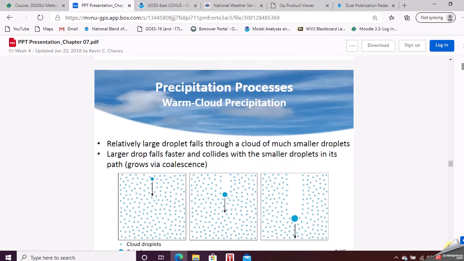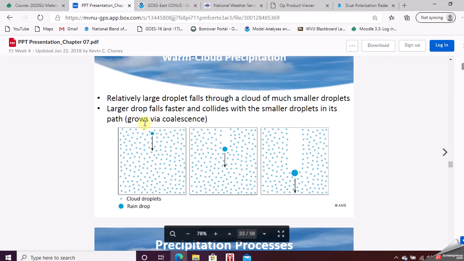So with collision coalescence, it's all about a little tiny droplet that begins to grow, maybe a little faster than those around it, and begins to fall. What it does is bump into other raindrops, little dots, and grows bigger and bigger because it absorbs them, till it eventually reaches a point where it's big enough that it can fall to earth. So there's got to be a lot of moisture in the clouds, and we know that warm clouds hold more moisture than cold clouds.